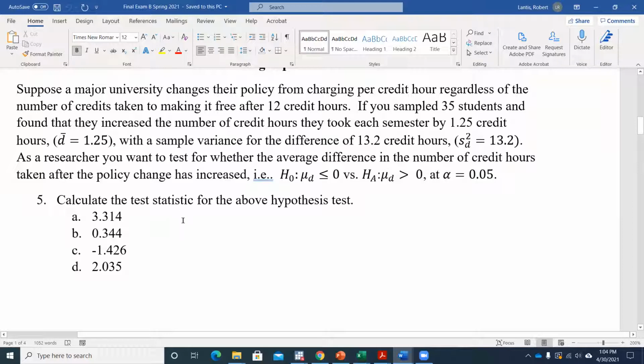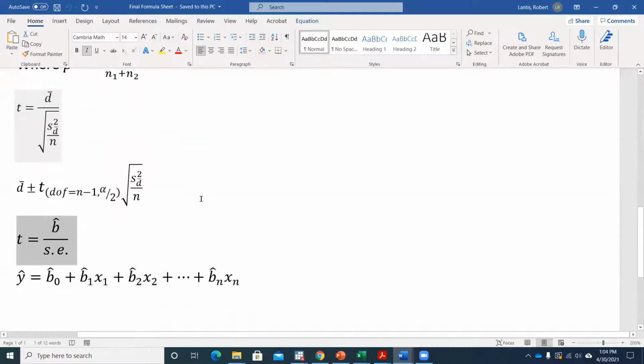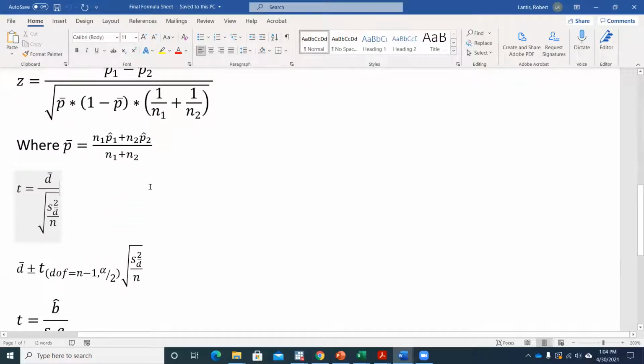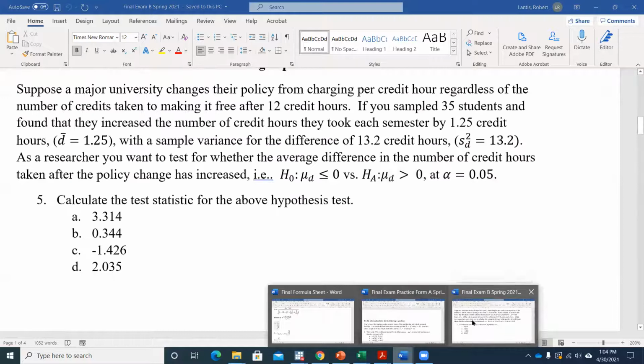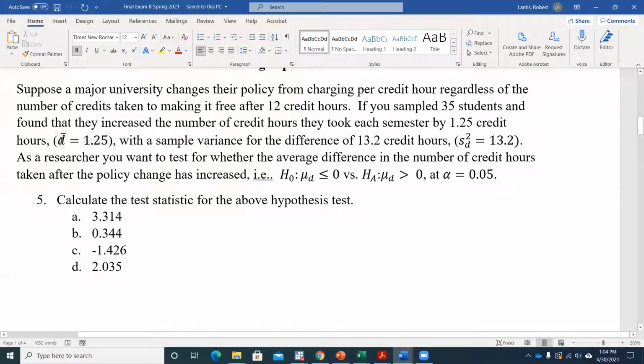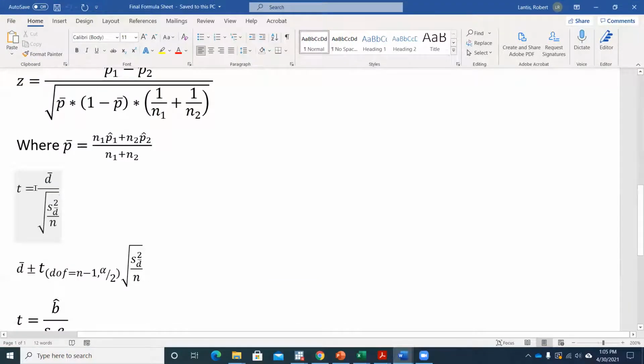So let's say we want to calculate the test statistic for the above hypothesis test. We have that it's greater than 0. We're always going to be using 0 as the assumed true difference here. So when we look at that formula sheet, sometimes people say, well, there's just a lot, I don't know which formulas to use. Well, if I'm writing things like this on the exam, which I will, if I show you the average difference, look at that D bar, even if I don't know what anything means, I can at least